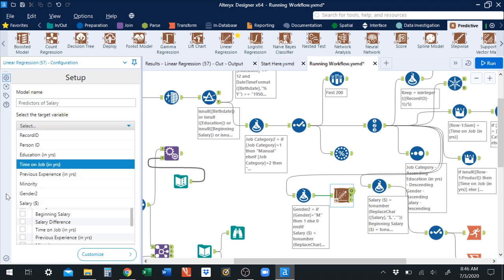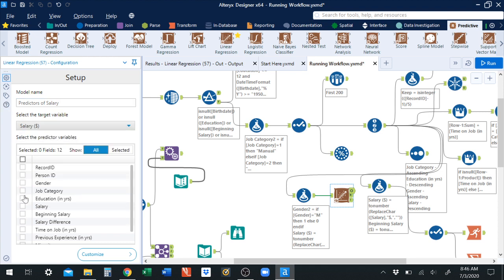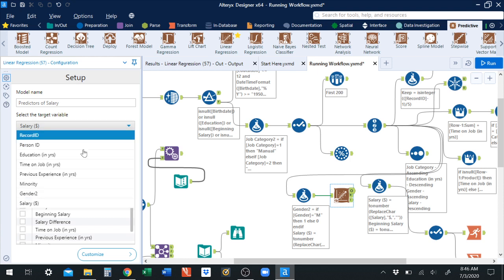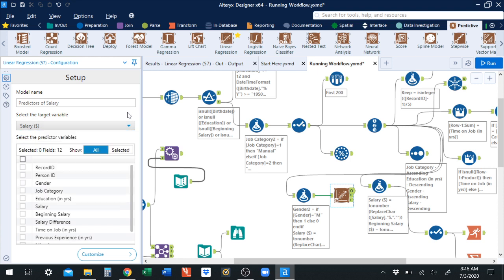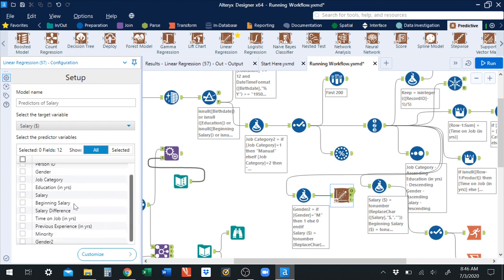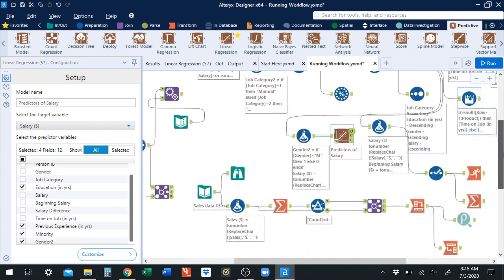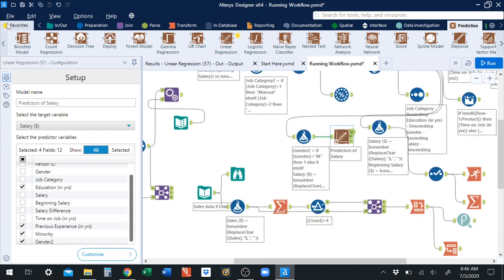Our target variable is our salary in dollars here, the one that we converted to numeric, not the other one. It doesn't even have the other one as an option because it's not numeric. Our predictor variables are the education, previous experience, whether they're a minority or not, and whether they're male or female, gender. We hit apply. And you cannot see the output from the linear regression tool unless you connect a browse